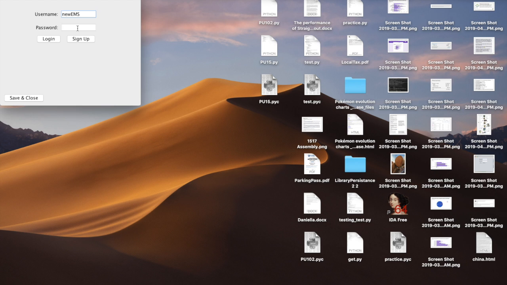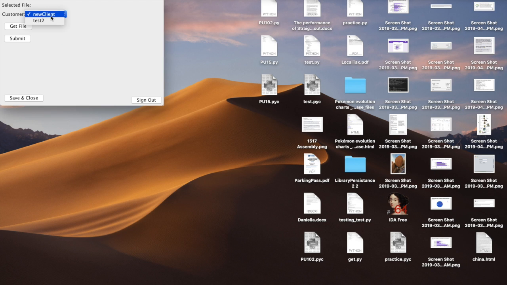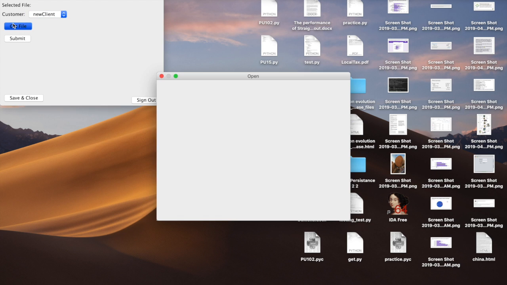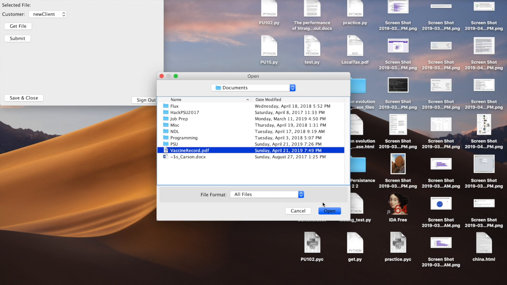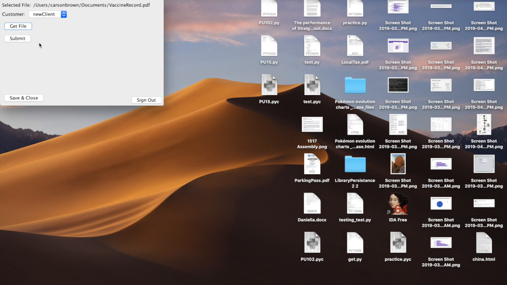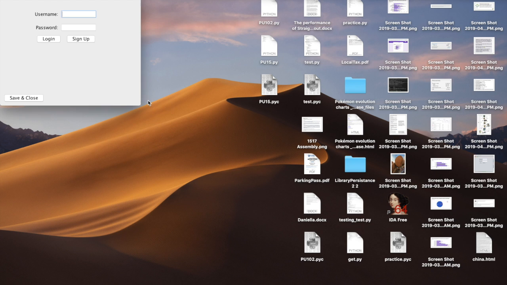Now that we go into the EMS though, just give it a sec, we'll see that new client is now an option of a customer. We'll click get file, another use case, to select a file, and add the vaccination record that we want and add it to new client. We'll hit submit and be told that our file is successfully added. Now we'll log back in as new client,